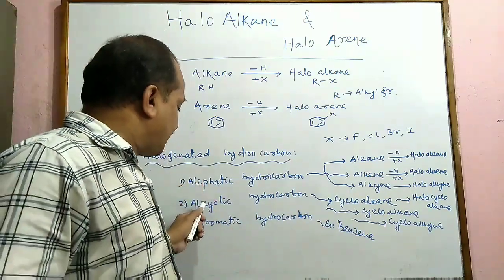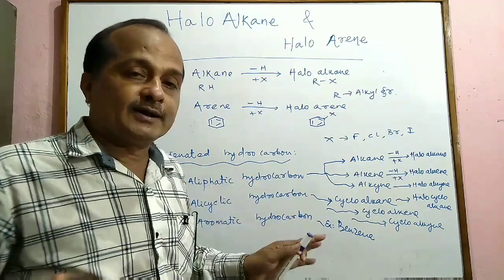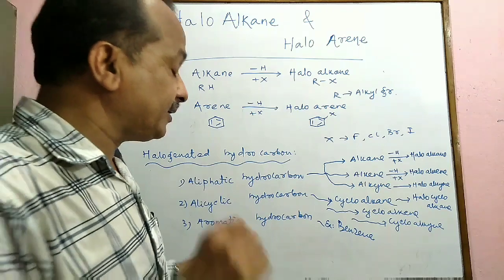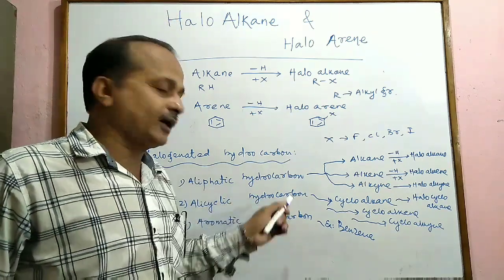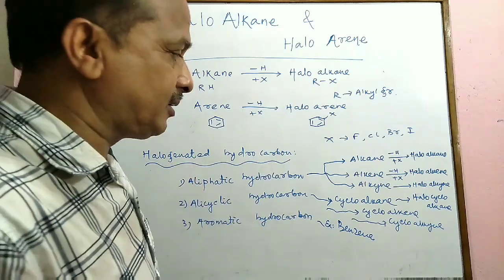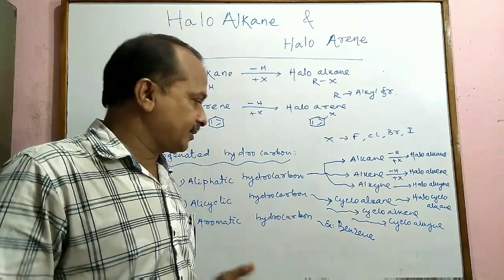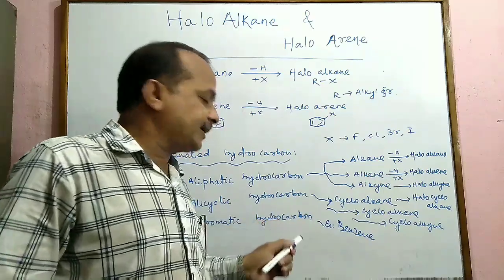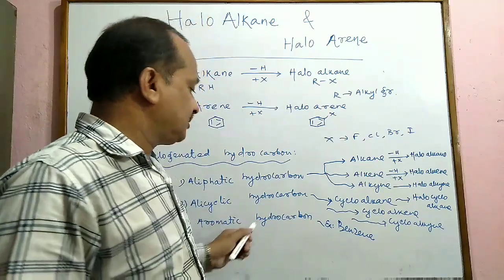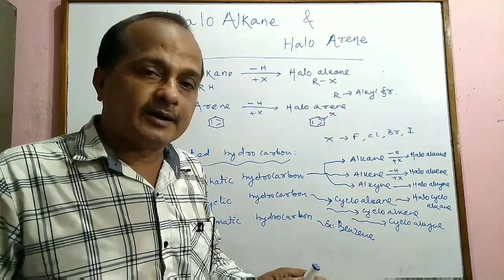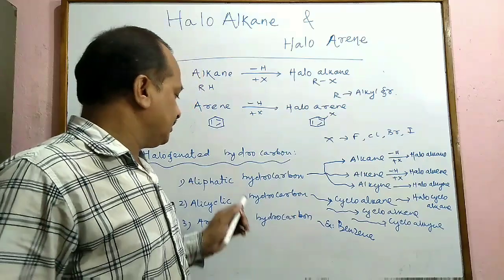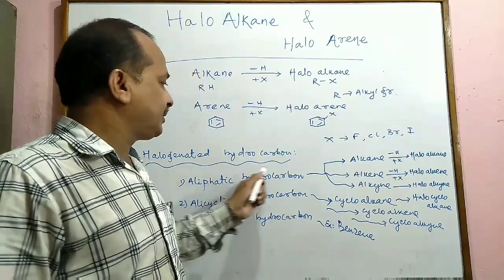And the second one is closed chain hydrocarbons. The terminal carbon atoms are joined to form a ring. So in alicyclic hydrocarbons, carbon atoms are joined to form a ring. It may contain one double bond or triple bond, that does not matter. Next come to aromatic hydrocarbons. These are the most important hydrocarbons, that is hydrocarbons which satisfy Huckel's rule, that is the 4n+2 rule. Let us leave that.